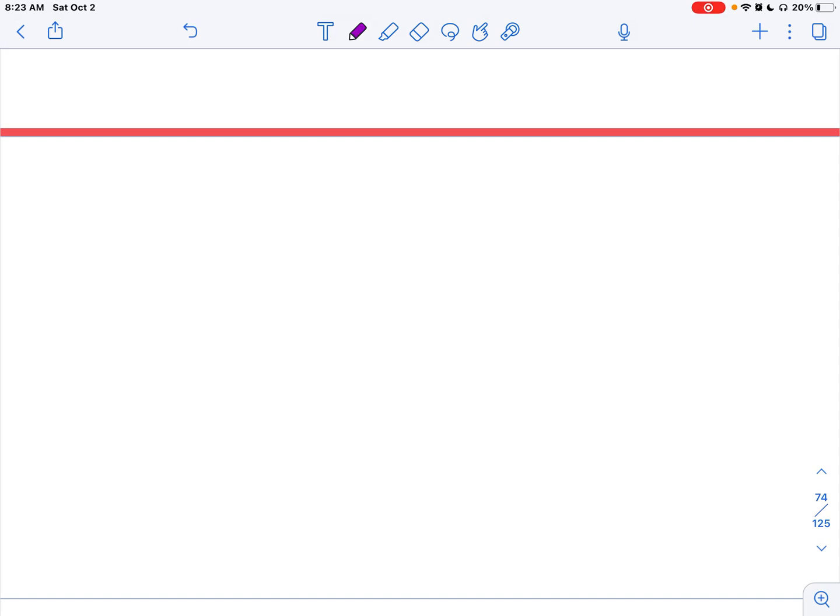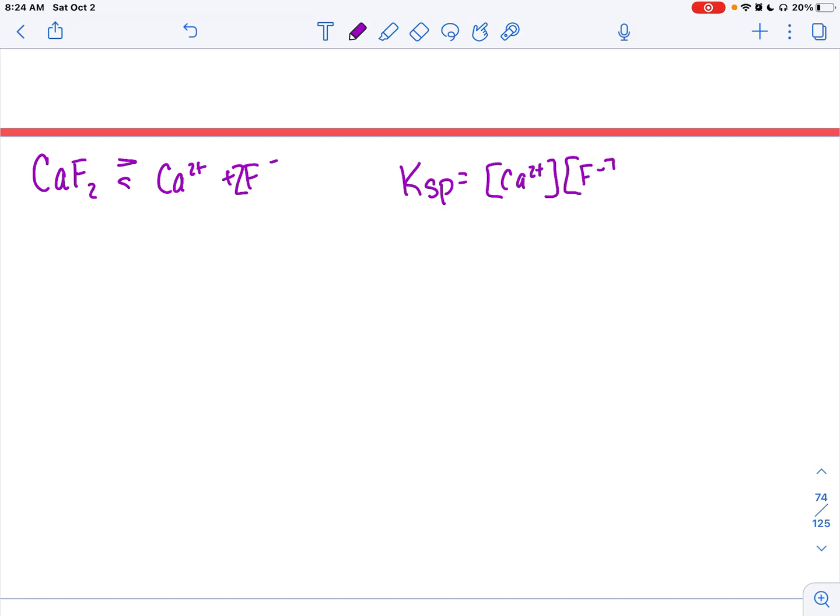Okay, we know the KSP, so our reaction looks like this. And we know the KSP expression would look like this. And we know that it is equal to